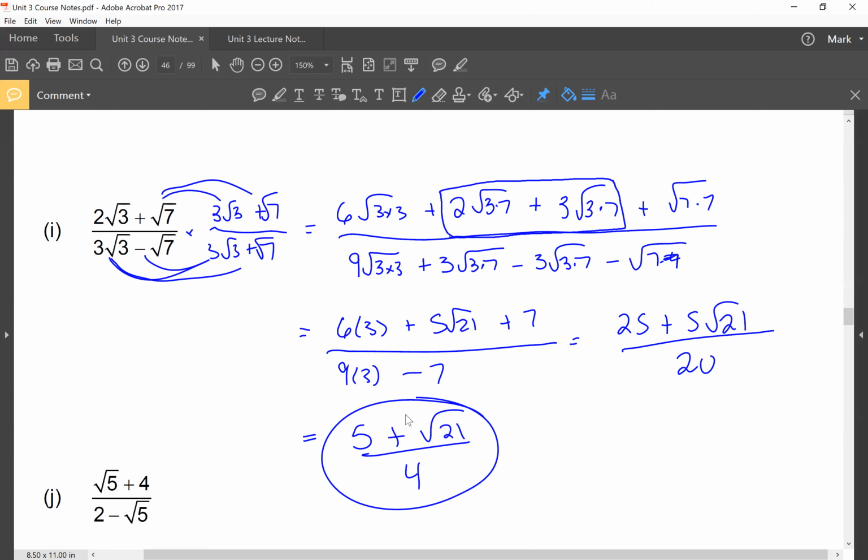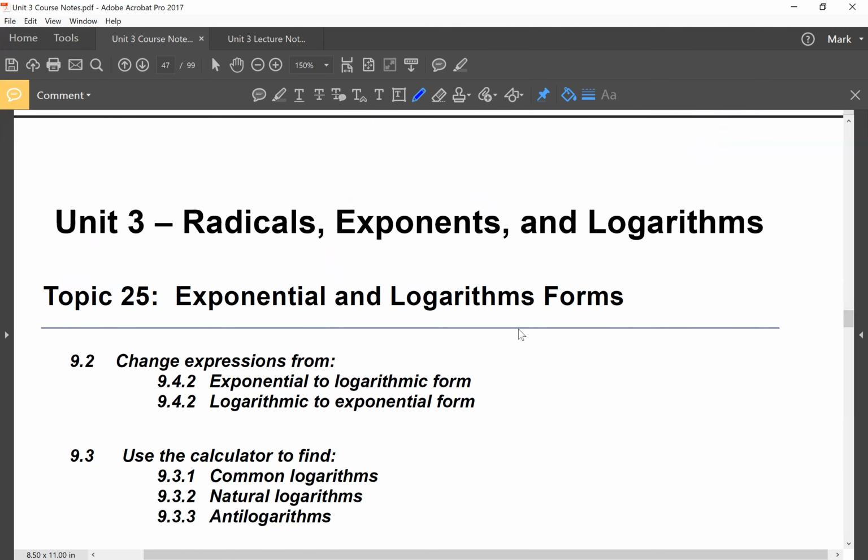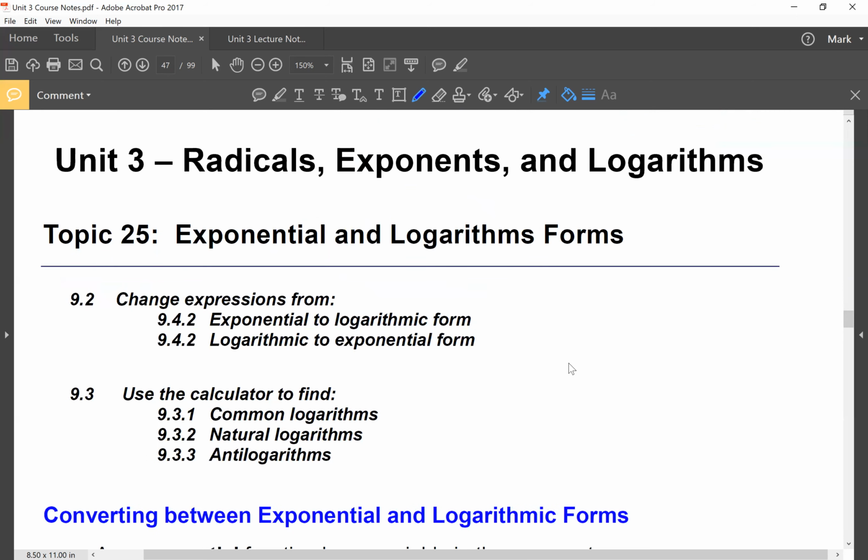All right, so that's multiplying by the conjugate. So we got one little topic left and then we're done for today. This is the last topic that'll be on your test. Tomorrow, obviously, we're not going to do anything new, but I'll be around in class time if you guys have any questions. The cool thing about this topic is, and you guys are going to like this on your test,